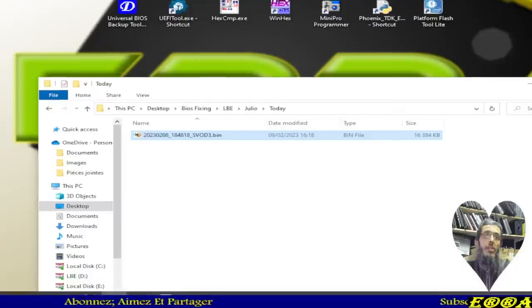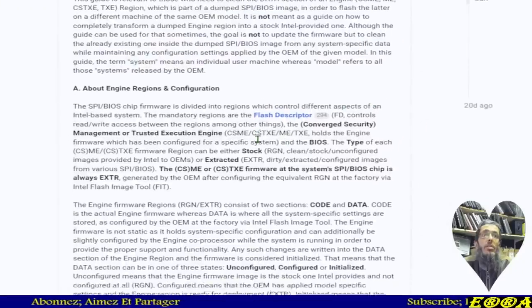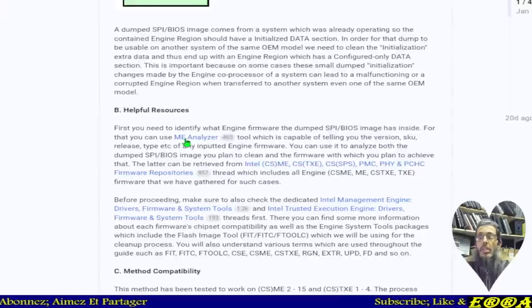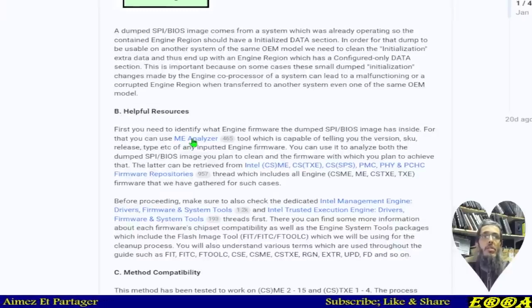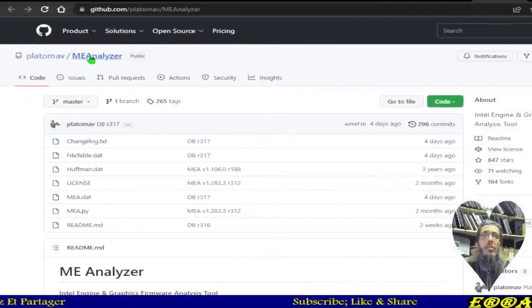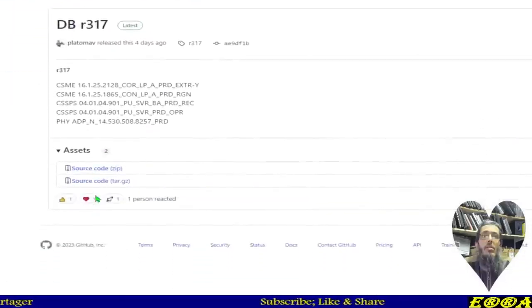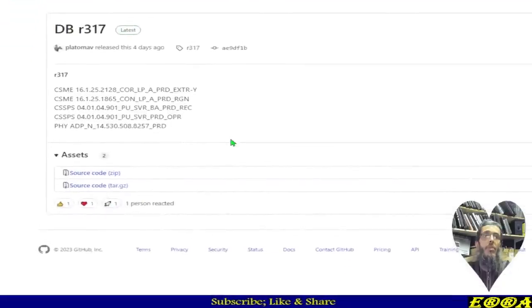So what will we need? We can go back to the guide. As explained here, we will need the ME Analyzer. You can download it from here. You just click on this, another window will open. You go to latest, like this, and you download what you need here. You can also download